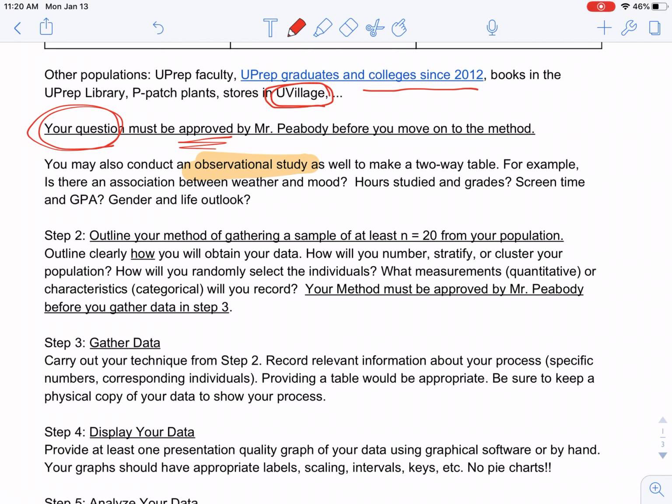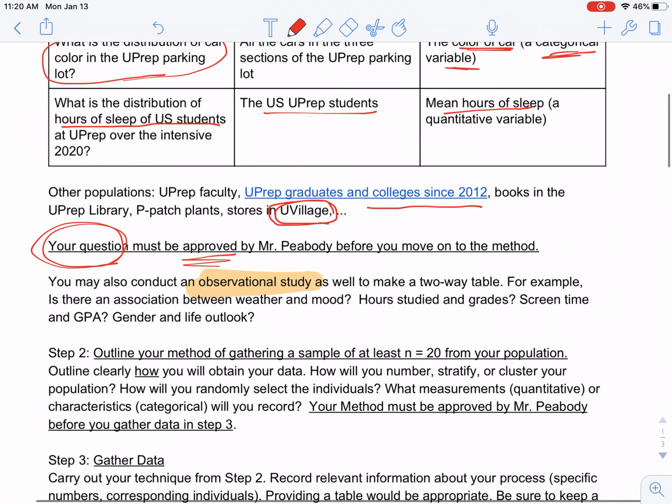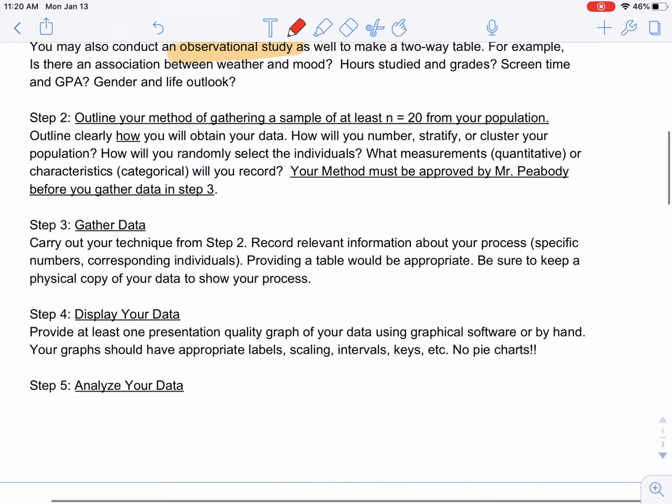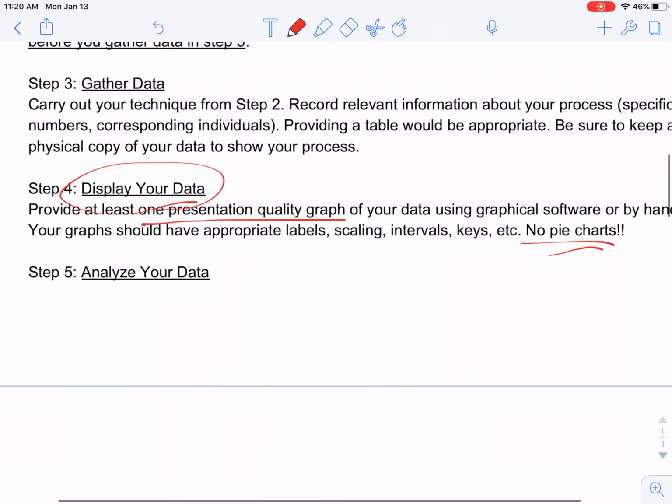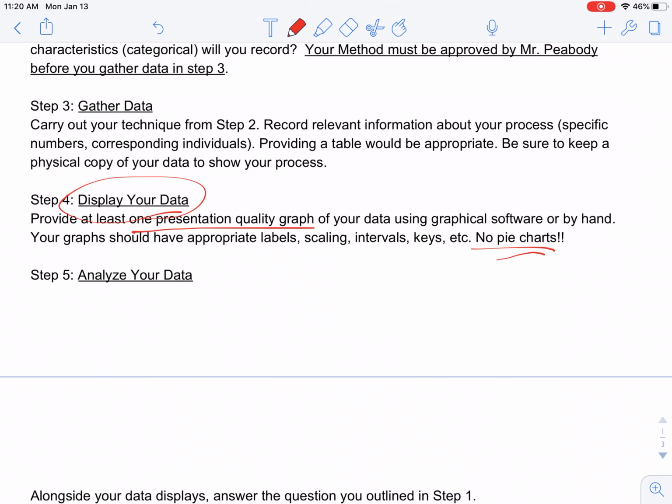We'll do a lot of practice on recognizing how best to sample: stratified, cluster, multi-step, but it's time to start thinking about your project. Way down the line, after you gather your data, you are going to display it, and you should provide at least one presentation quality graph, no pie charts, that has appropriate labels, scaling, and intervals, and then you're going to analyze it. This could be in a video or a poster,